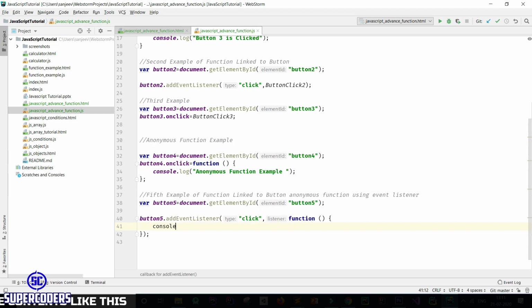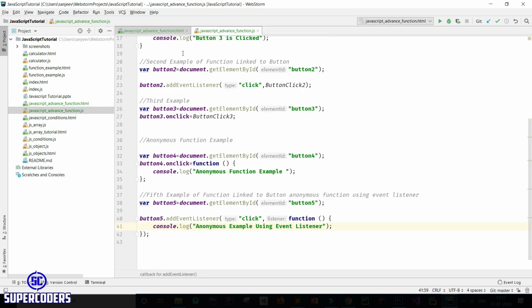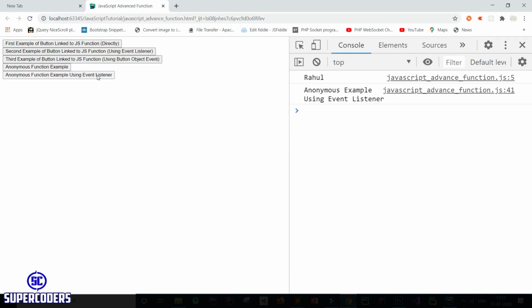Again printing the value, console.log 5 anonymous example using event listener. Now let's run the file again. Click on this. So you can see this working with an anonymous function using event listener.